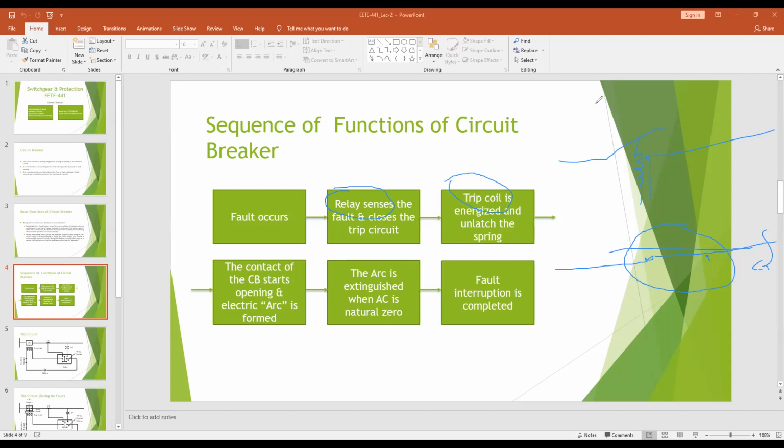But due to this excessive force, and these two interactions, some portions of the circuit breaker will open, but the circuit breaker contact will not be fully open as it is supposed to be. Rather, it will be open only a very small portion. Now you can say, sir, an open circuit has been formed here because there is no physical connection between these two contacts, because the circuit breaker is slightly open.